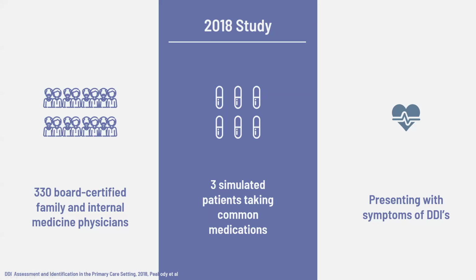And presented them with 3 simulated patients who had symptoms of drug interactions. The simulated patients were taking one of 3 commonly prescribed medication classes, including opioids, CNS depressants, or antibiotics, in addition to common substances that could cause one or more drug interaction. So that included things like over-the-counter meds, food, alcohol,